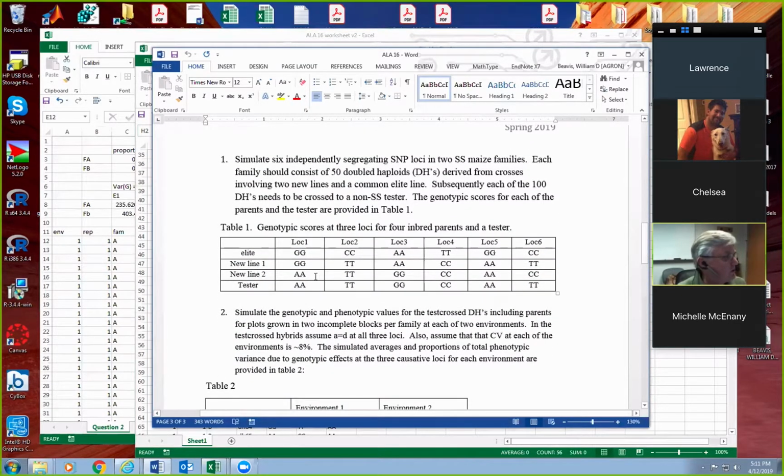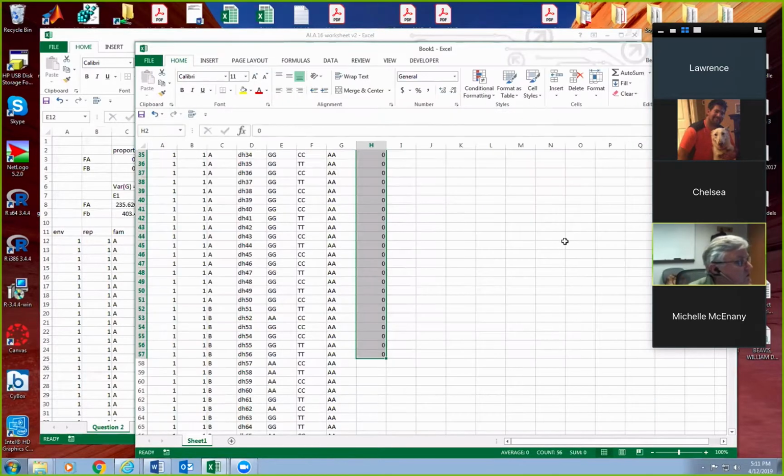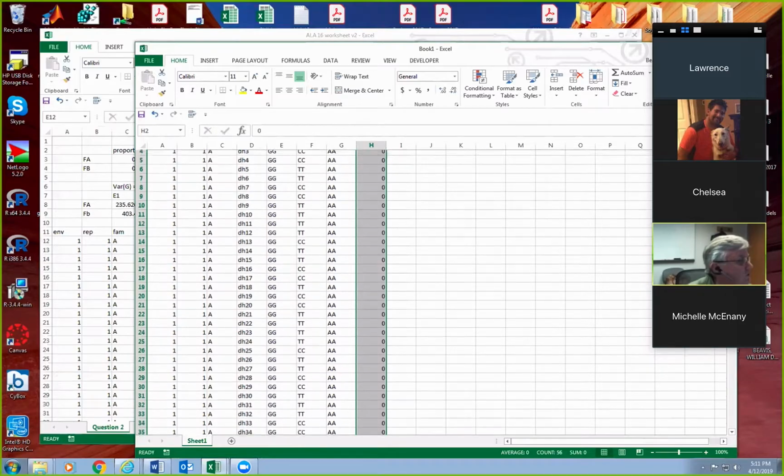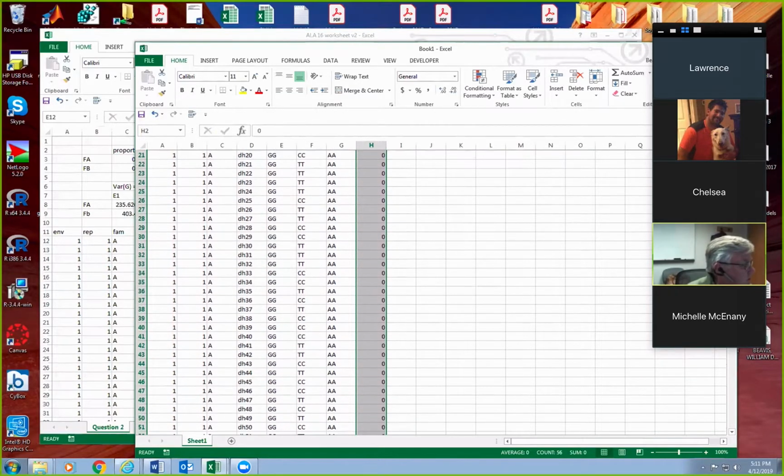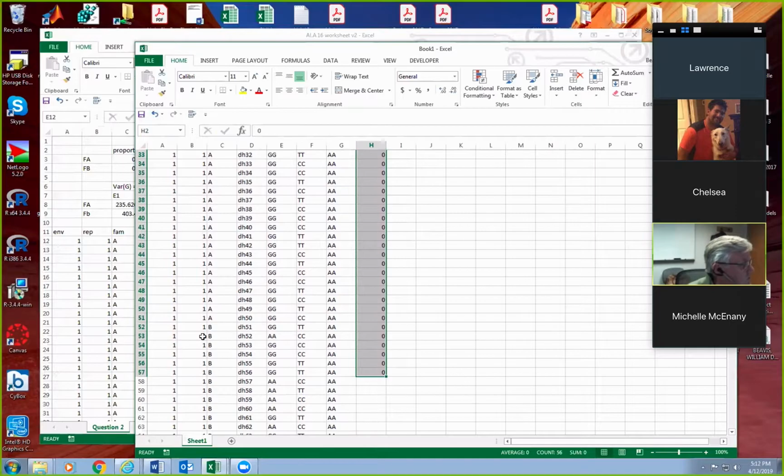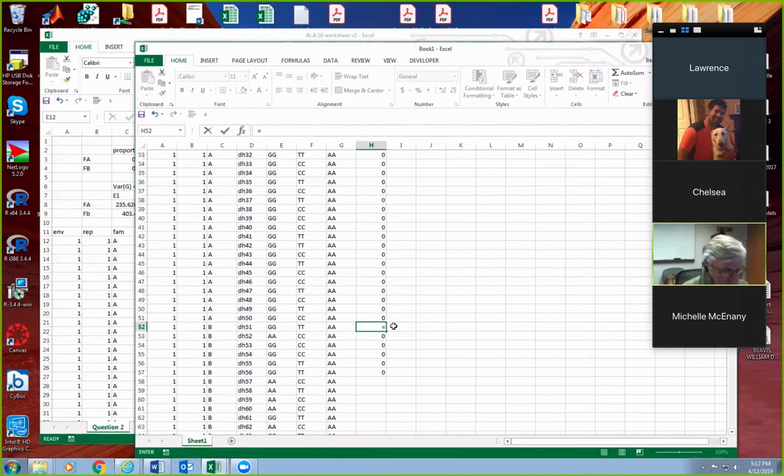Okay, for family B, they should be segregating at locus number 1. In fact, with this new thing, I think they're all segregating. Occasionally, some family isn't segregating. Okay, so for marker locus 1, we have zeros, and then down here when they go to family B, we should have this switch over. Okay, and so this is where we need to say equals if